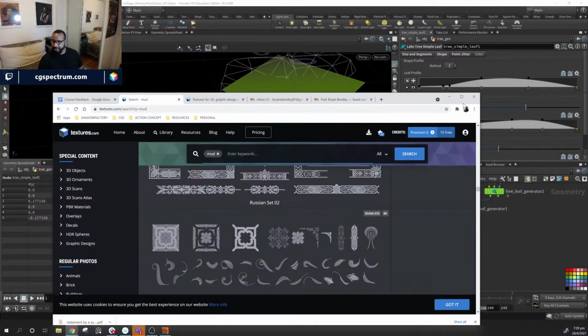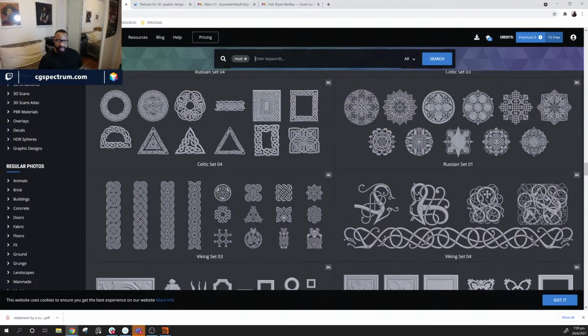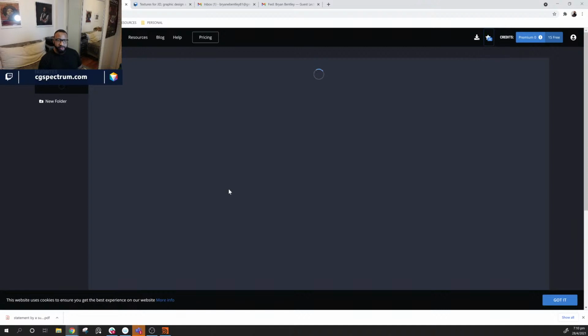I've already done some searching on here. The things I want, I already have a leaf texture. I think I want a rock texture, and actually I have some. If I look at my favorites here,